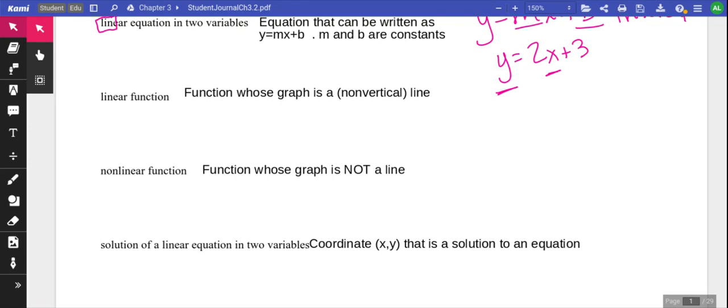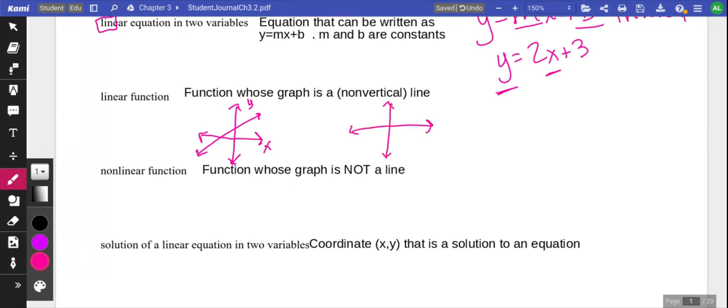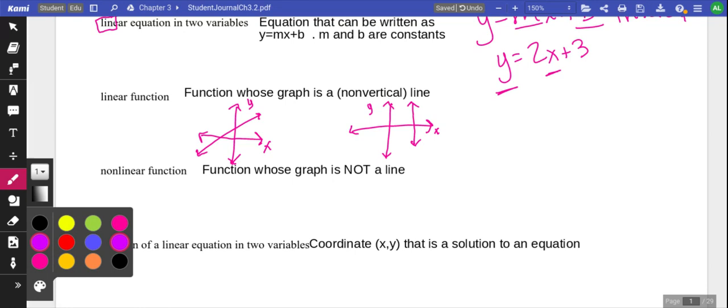A linear function is a function whose graph is a non-vertical line. So anything that we can put on our xy plane that's a line, that's a linear function. The thing to watch out for is that I say a non-vertical line. Let me draw another coordinate plane here. Let's say that's my x and this is my y. Let's say I had this line. I asked, is this a linear function? That line, that graph,